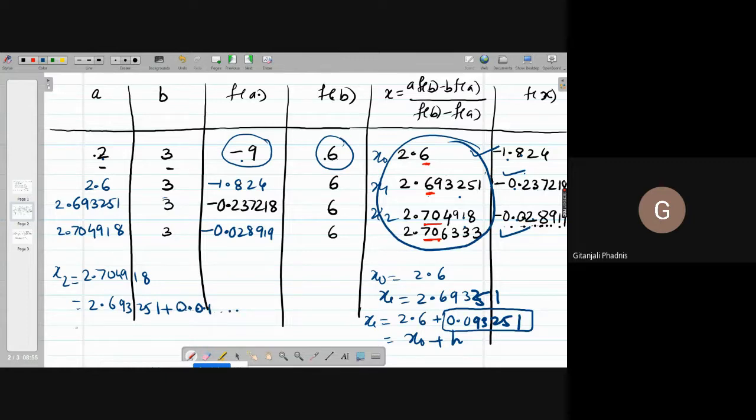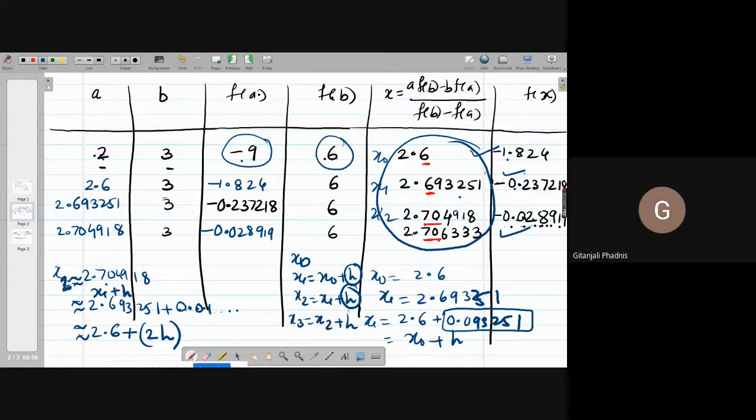I don't know exactly. Or in the case of 2.6 also you can say 2 times h approximately. I am saying approximately. Are you getting me, girls? Yes, ma'am. So you are trying to express every iterative approximation in terms of the previous approximation. I have x naught with me. I'm trying to write x1 as x naught plus h. I'm trying to write x2 as x1 plus h, and I want to find out what this h value is. Do you understand it?